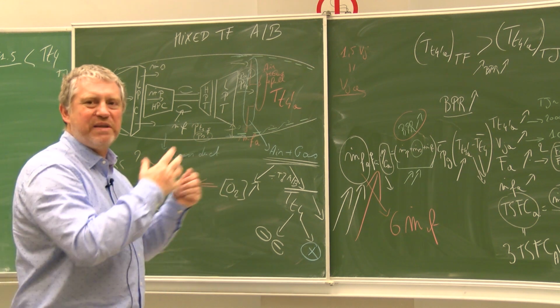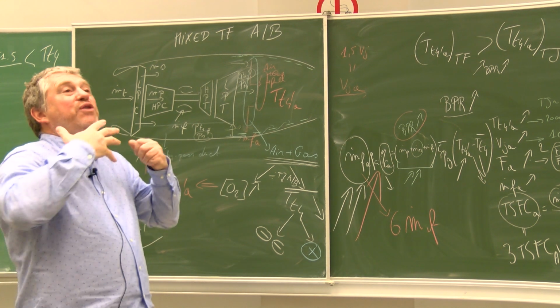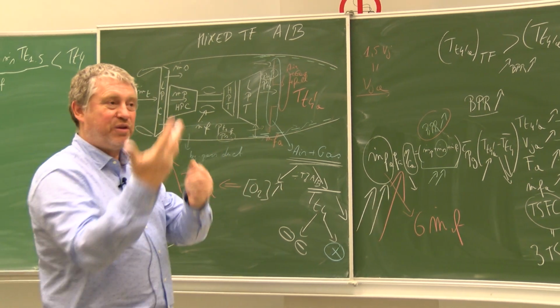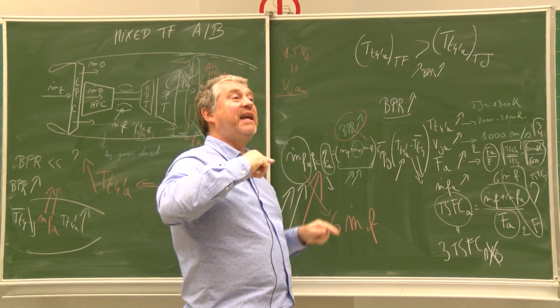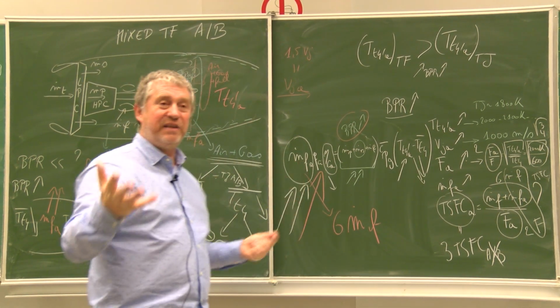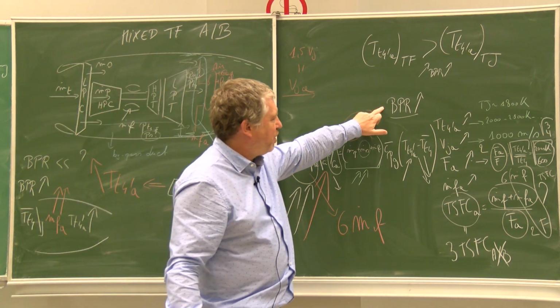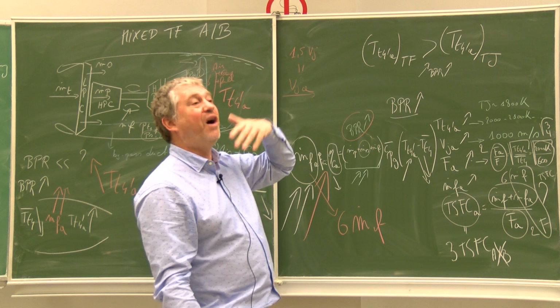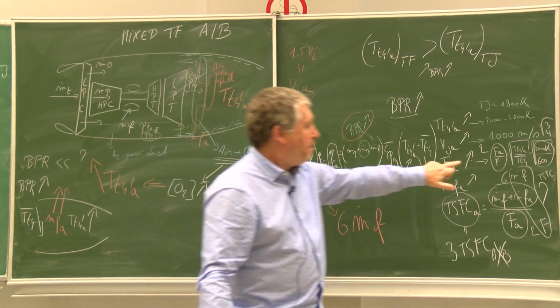It can be 0.1, 0.2, 0.3, 1, I don't know. And so when you switch from the turbojet to the turbofan, the bypass ratio is increasing and can increase in the different turbofans. And what will be the consequence of the increase of the bypass ratio in a turbofan? You see much higher